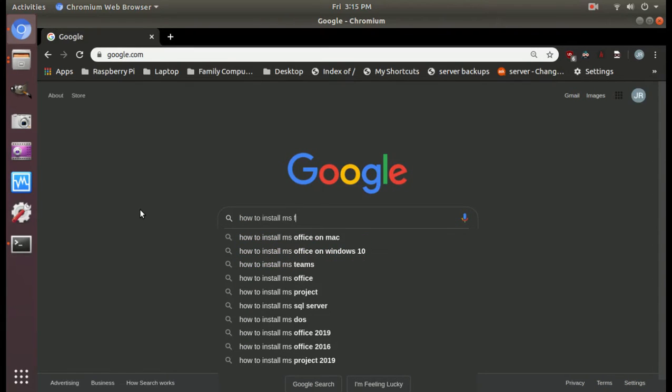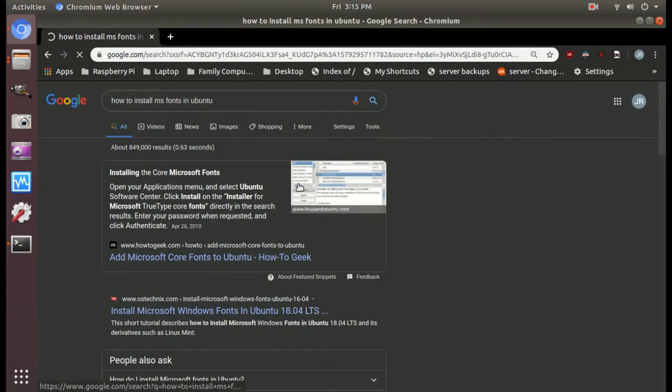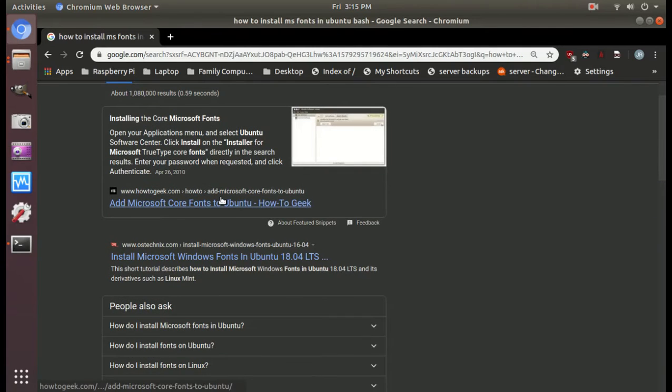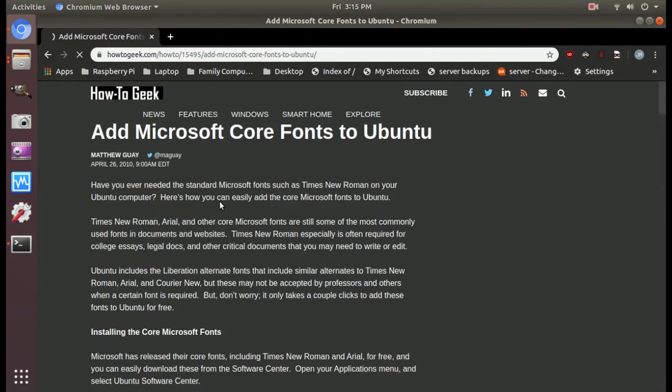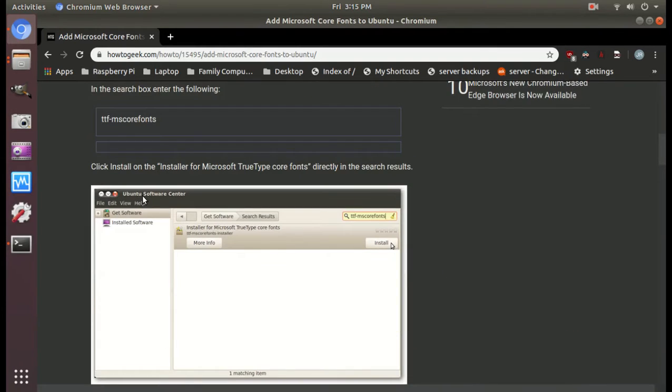I'm going to Google how to install Microsoft fonts in Ubuntu. Now, the article that I'm going to right now is actually from 2010. You can see there, April 26th, 2010. I'm looking for how to do it in the command line, because I don't really want to use the Ubuntu Software Center. But yeah, there we go, ttf-mscorefonts,